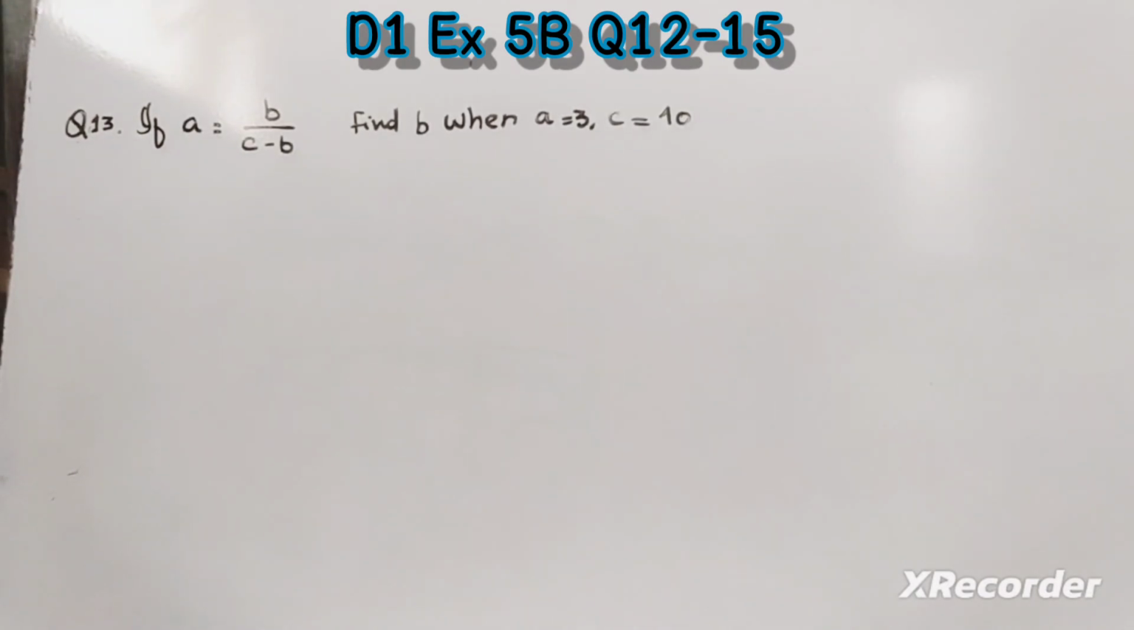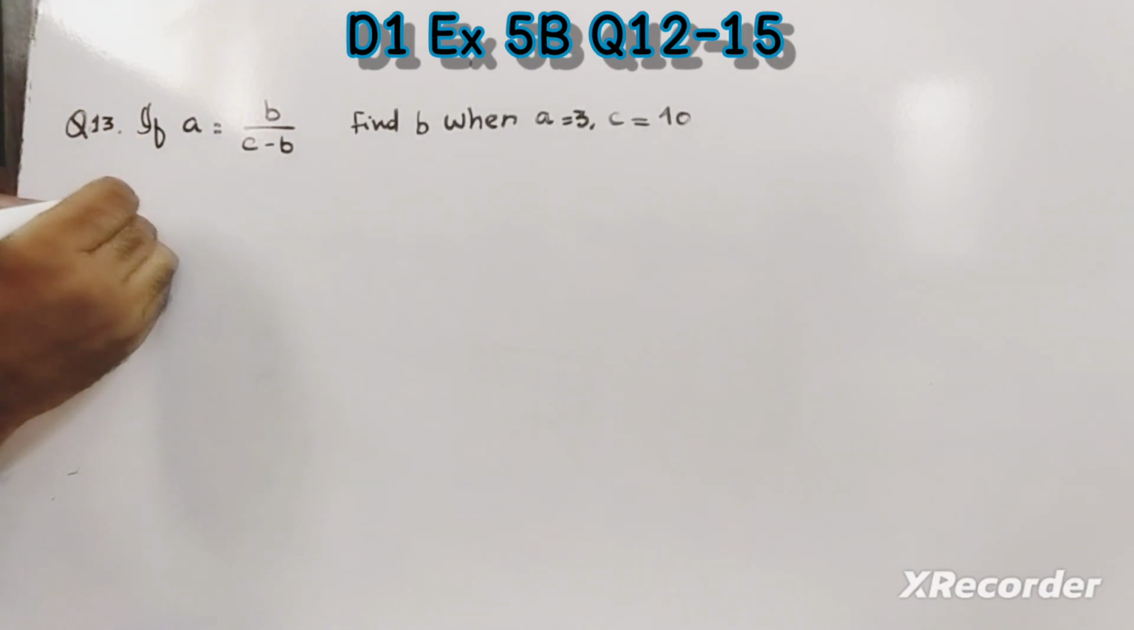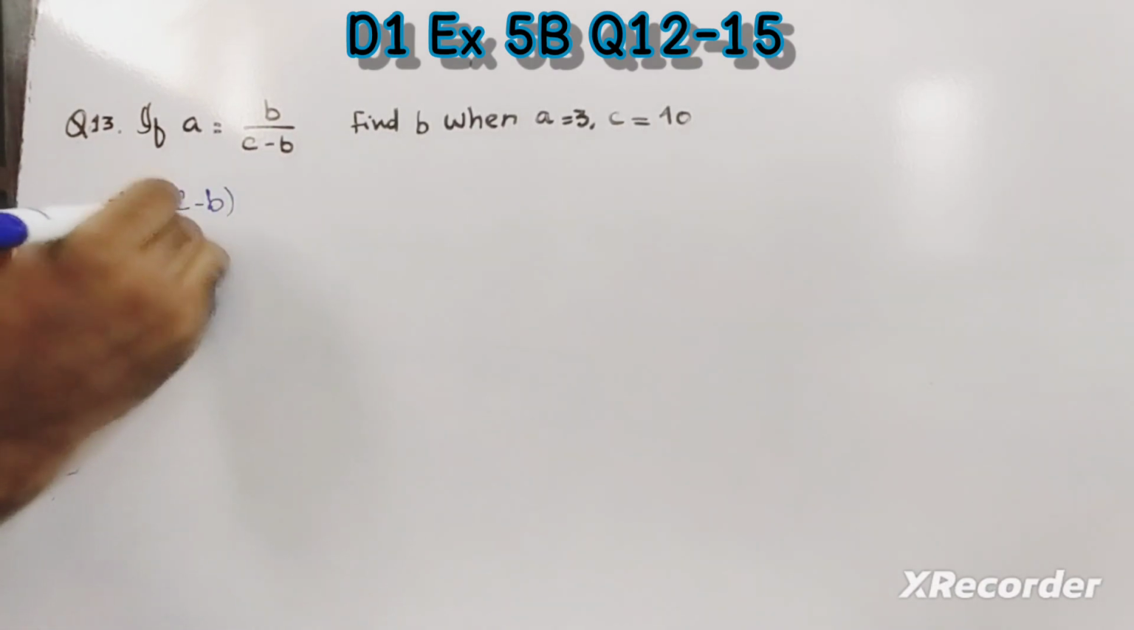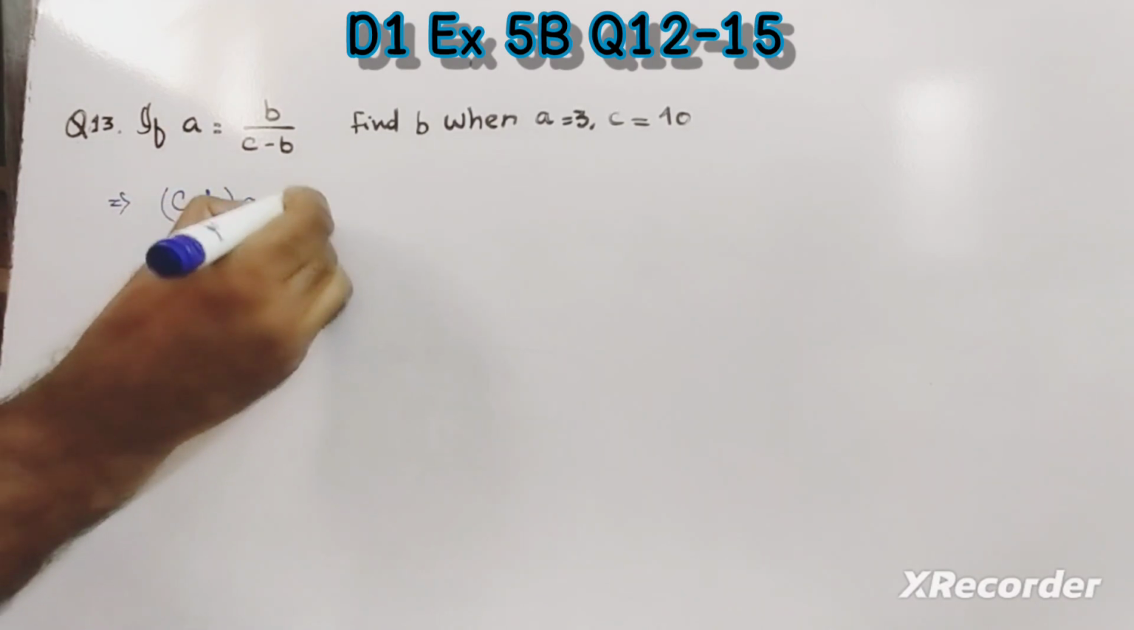Now moving to our second question, question number 13. If A is equal to B upon C minus B, find B when A is equal to 3 and C is equal to 10. Now first of all we have to manipulate this formula to our requirement, like that: C minus B into A is equal to B,